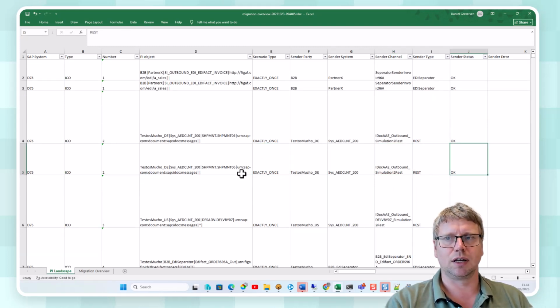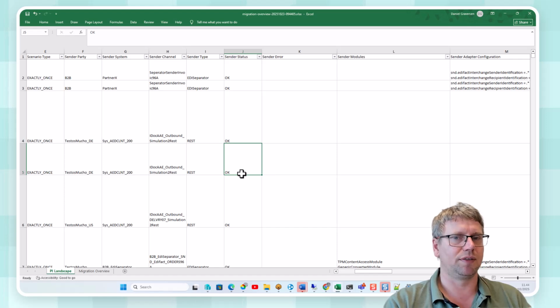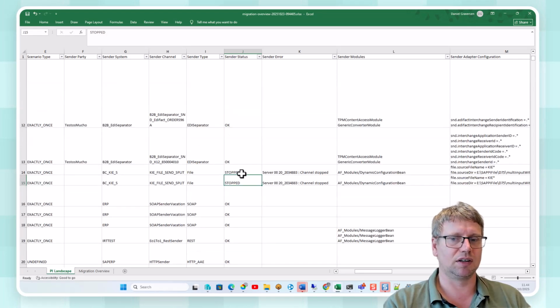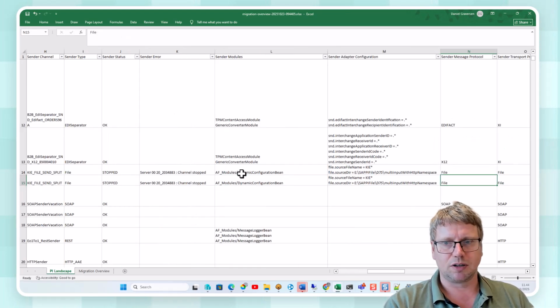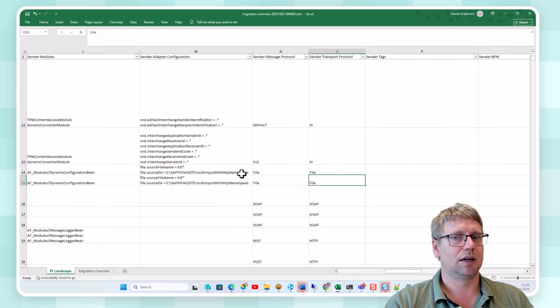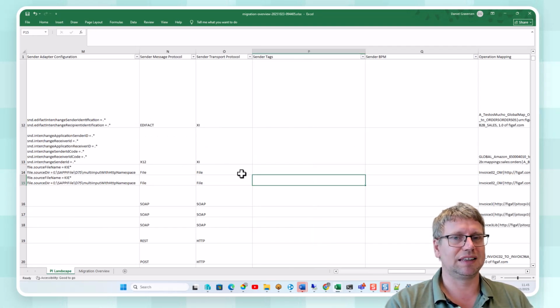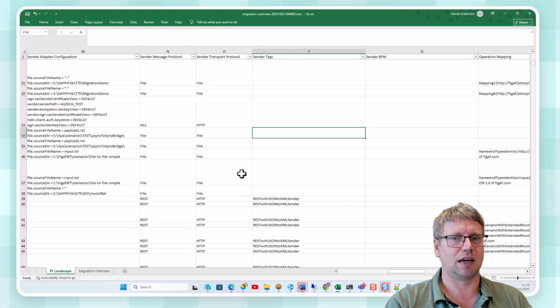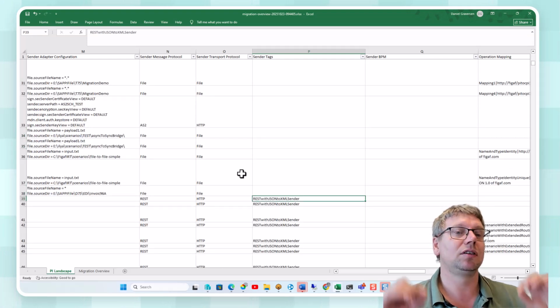This is obviously a good report. It can show you what adapters are running, whether they are stopped, modules that are being used, non-transportable configurations, and adapter types. Then we have this thing we call sender tags, and this is an ability to do